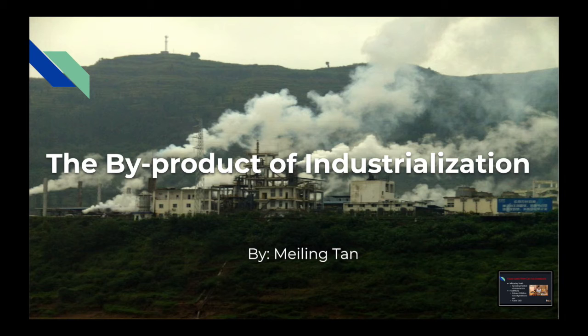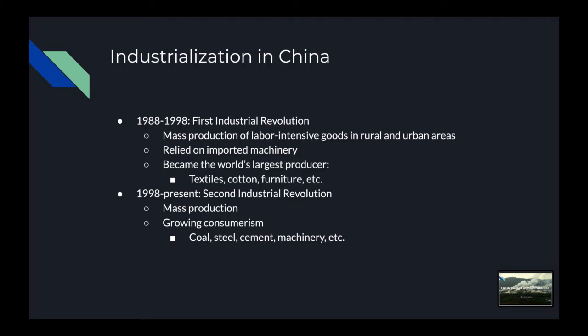For my part of the project, I will focus on industrialization in China and its effects on climate change. Before the success and establishment of China's industrialization era, there were a handful of trials and errors along the way. China's industrialization can be traced all the way back to the Opium Wars, after China's humiliating defeat at the hands of the British. After this defeat, China sought to modernize by establishing an industrial system, but this resulted in a failure.